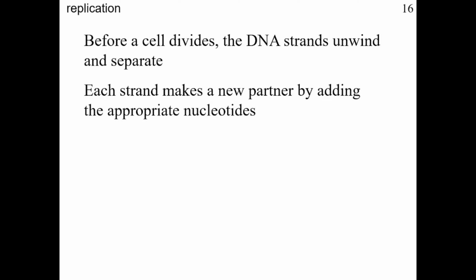Each strand makes a new partner by adding the appropriate nucleotides. Let's say this is the one strand, this got separated. Now this contains a backbone of sugar and phosphate and one base, and this also has sugar and